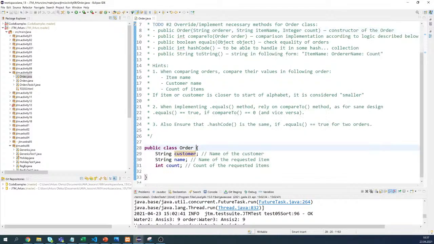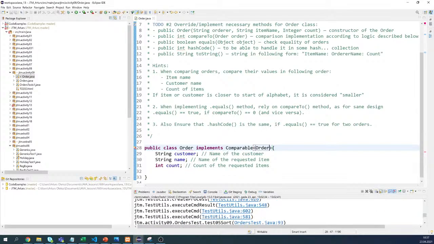It's Comparable, so that will be Comparable of Order. That will be the first one,